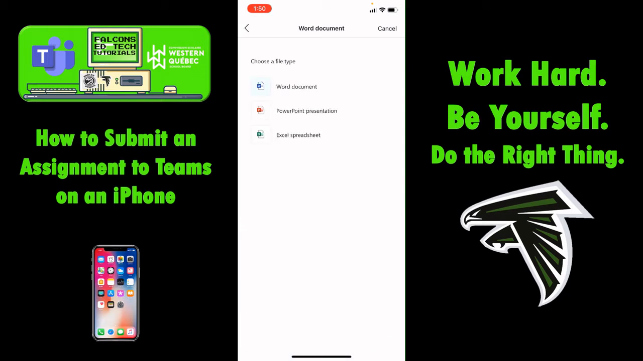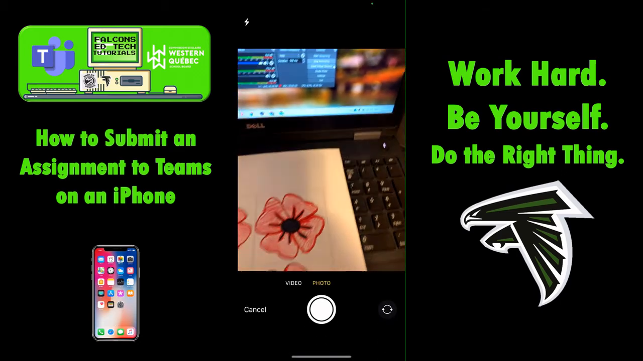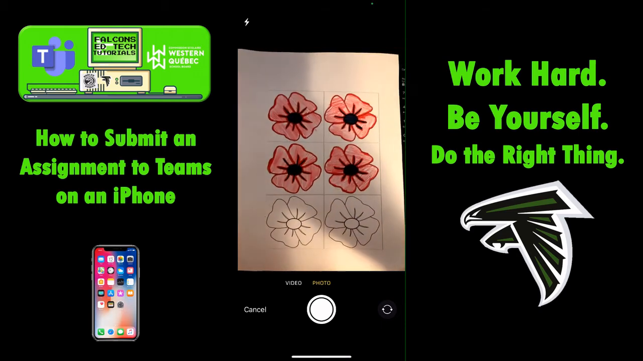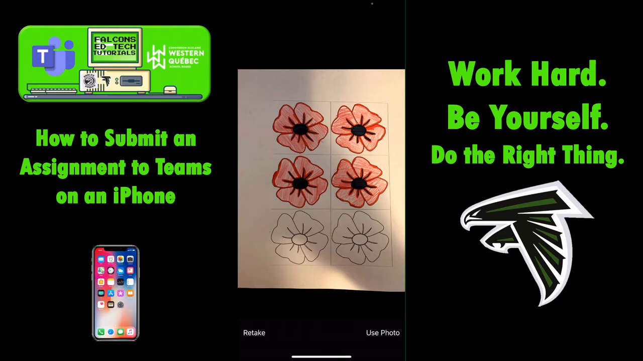The cool thing about a phone, though, is that you can submit things by taking photos of things. So let's say you like to write your papers, you like to write your assignments pen on paper. Well, you could do that, and then you could take a photo of it by using the Upload from this device button, and then take a photo or video. At that point, you'd simply want to take a photo of your work. I don't think this will pass, but hey, it's a delightfully colored in copy,